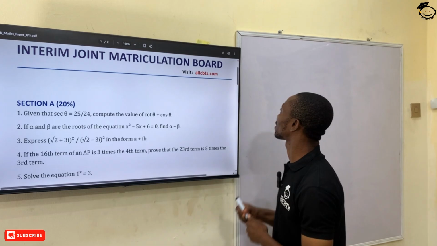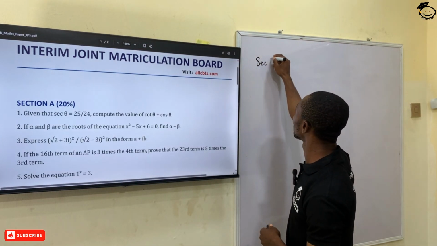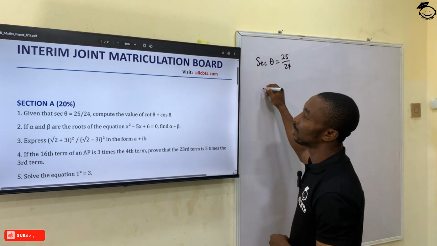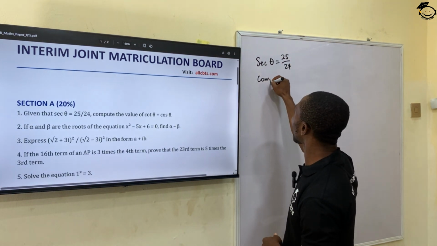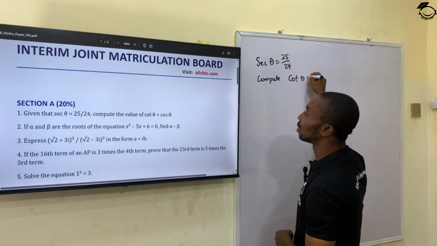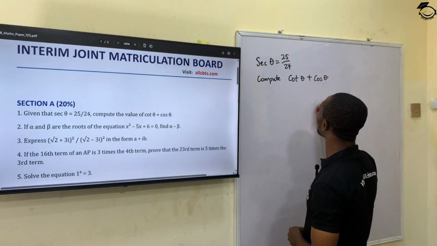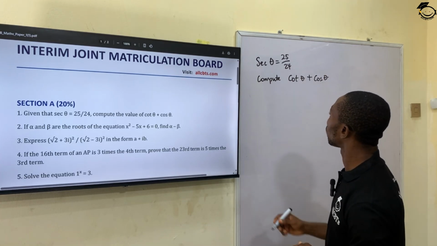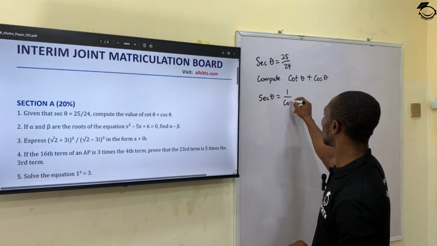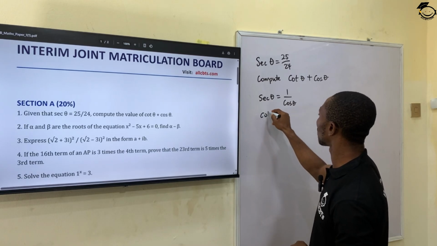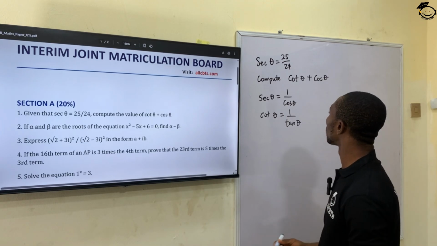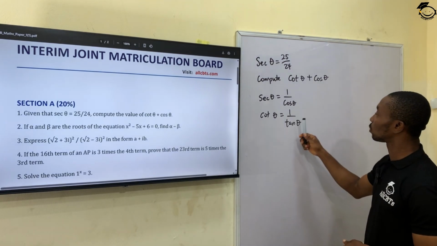Given that sec theta equals 25 over 24, compute the value of cot theta plus cos theta. Now, in our trigonometry, we know that sec theta is 1 over cos theta and cot theta is 1 over tan theta. So either way, we need to find